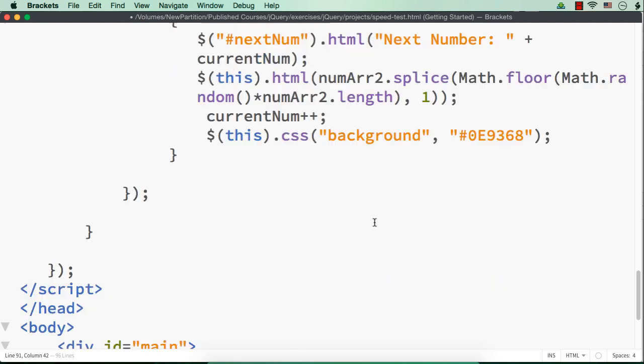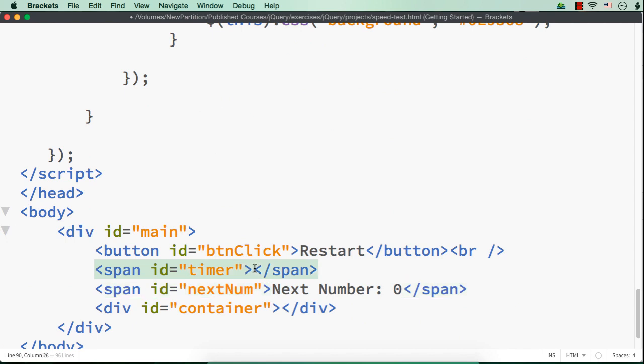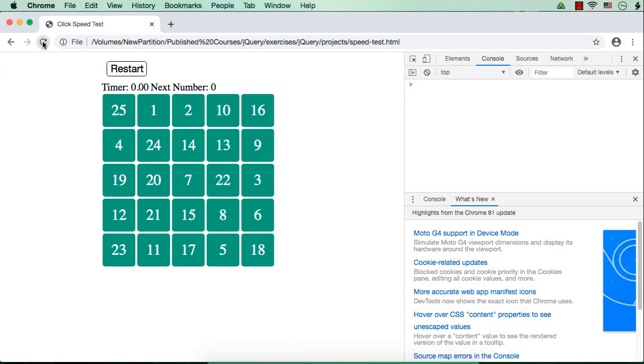Okay, so this will be replaced with next number as the current number. Also for the timer, let me specify timer as 0.00. We will change this value by implementing a real timer, but for the time being let the value be timer 0.00, and let me check how it looks. Let me refresh. See, it is getting displayed like this.